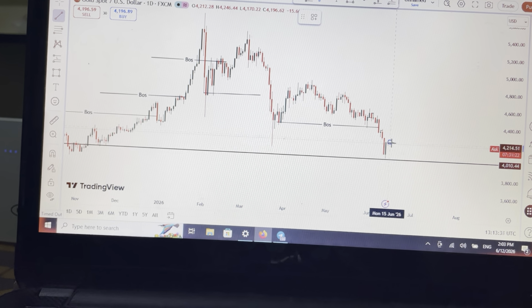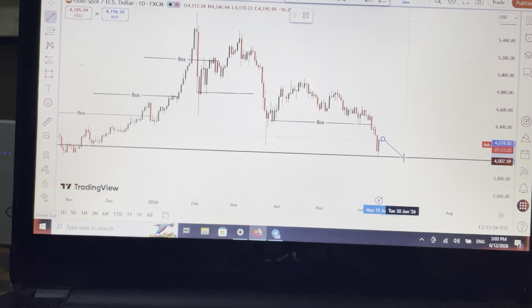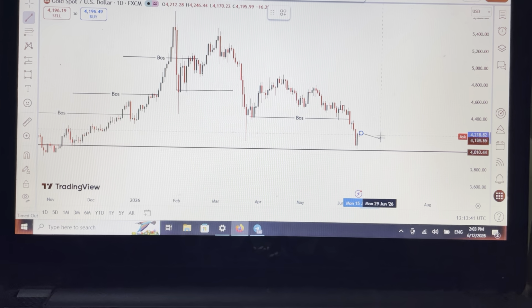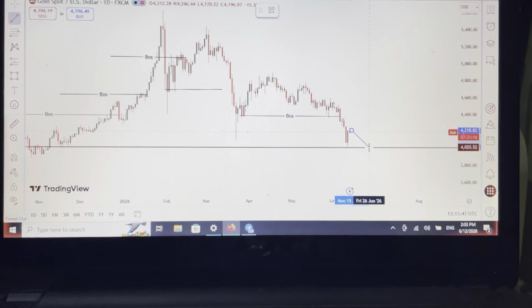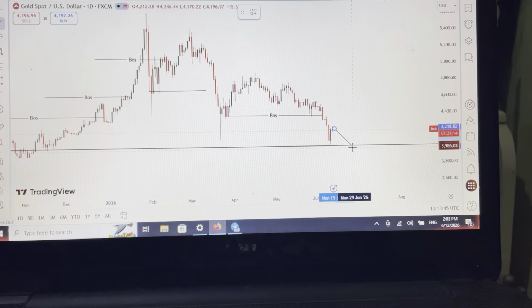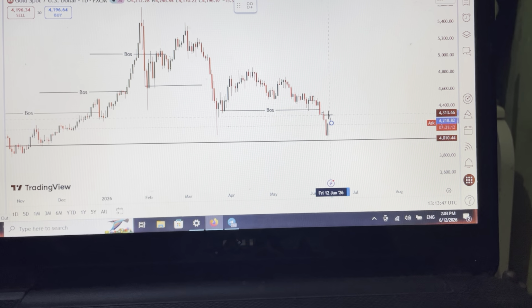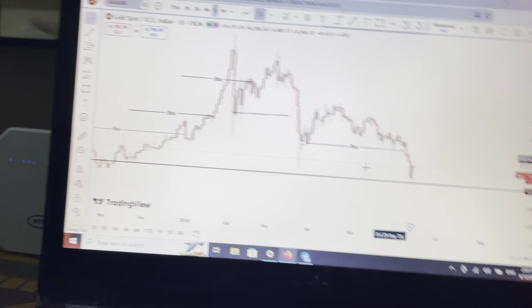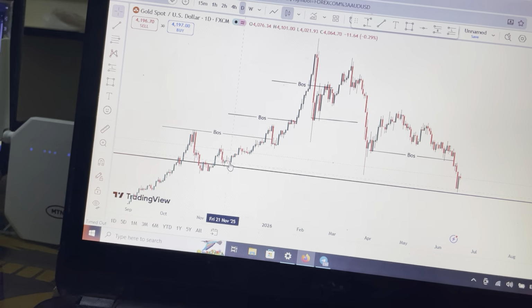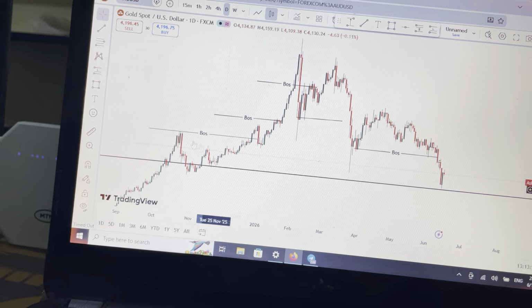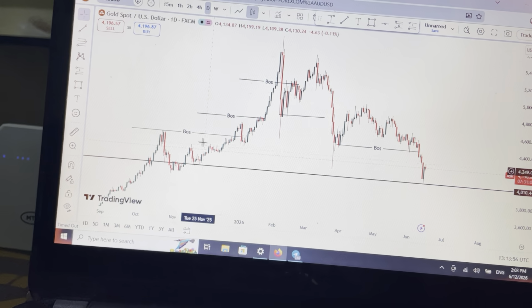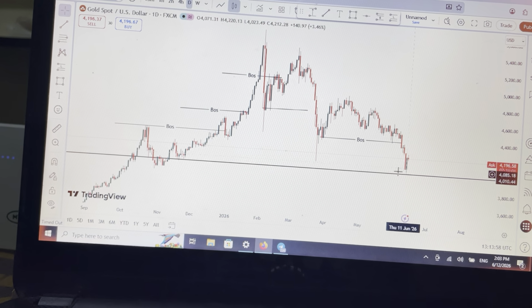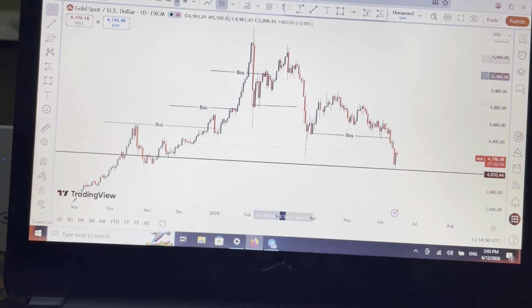If price can pull back like this and grab liquidity around this level, then we can start looking for a buy. You understand? Though that is not even a good zone for a buy, because we see gold still giving an active break of structure. So yes, our key level, our order block, our point of interest that gave this break of structure here, that is why we are looking for it. So that's a good zone for gold to buy around here.